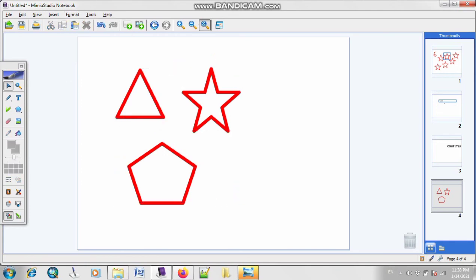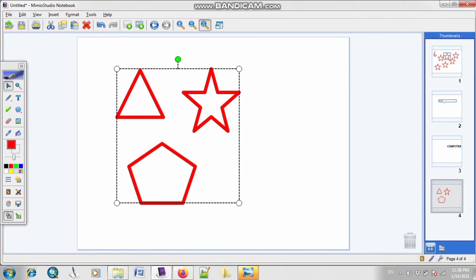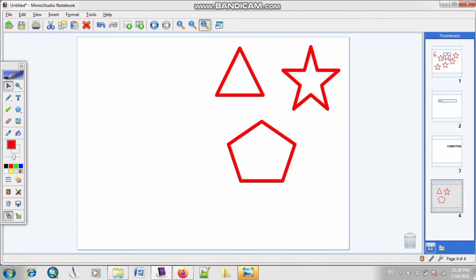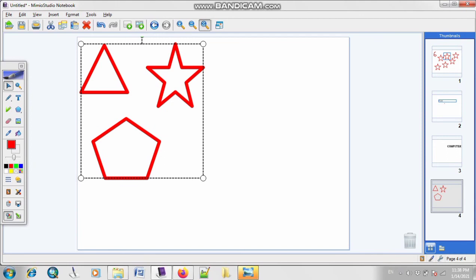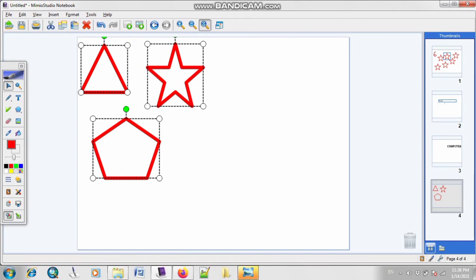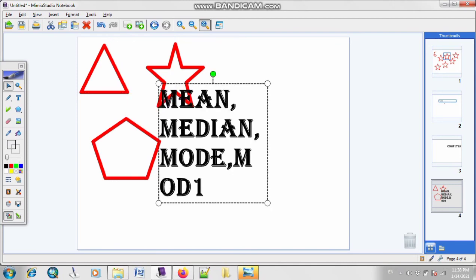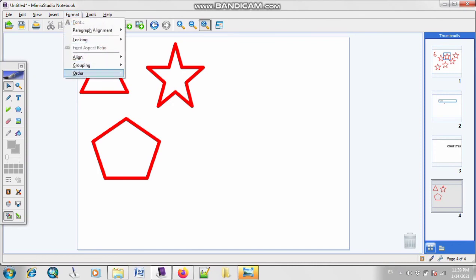So now all the shapes appear like one group, so you can move these shapes very easily. Okay, so as you can see, you can move your shapes very easily and quickly. As compared to moving your shapes one by one, which will be very difficult, you can use this option of grouping, and if you want to ungroup it, just select all these shapes and click on this option of ungroup. Okay, however many elements or pictures you have selected, they will all become ungrouped. Okay, next option we have is your order.